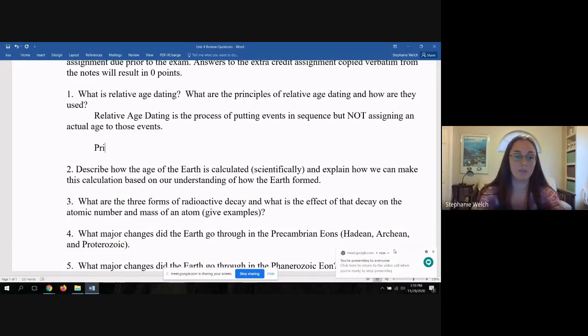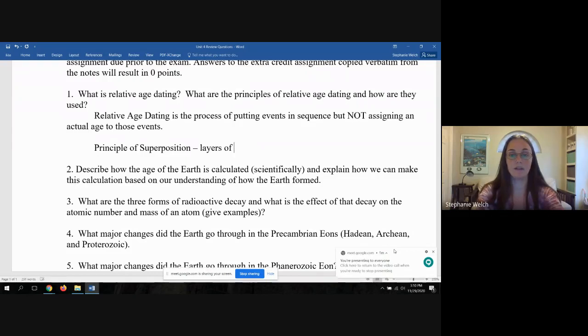is the principle of superposition. The principle of superposition states that the majority of rocks, especially sedimentary rocks, are all laid down in sequence, one on top of another. So in a body of water, when you're talking about clay or sand falling out of solution and depositing on the bottom of something like a river channel or a lake bed or the ocean floor, they're all deposited one on top of the other. So we can look at this basic rule, the principle of superposition, how those rocks are formed in the first place, and know that